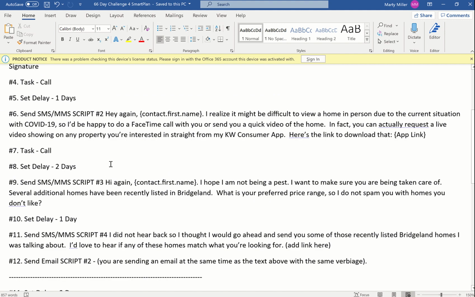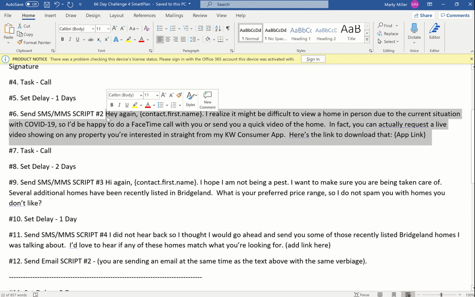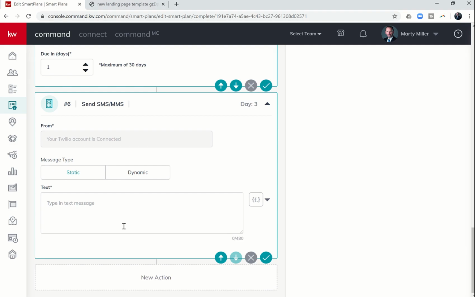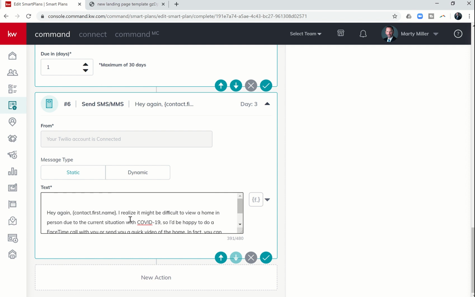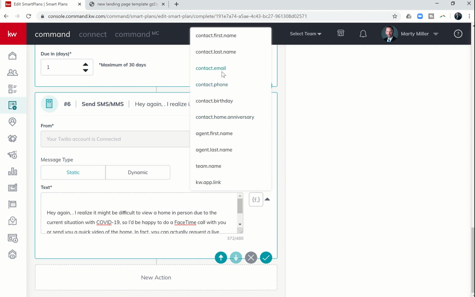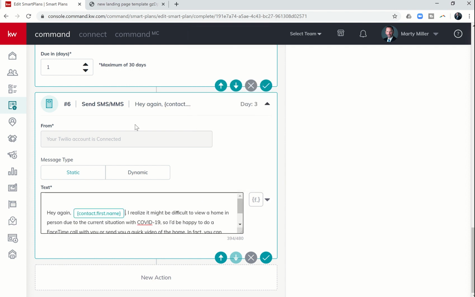Let's click on that, and let's scroll back down to what that one is. And this one talks about our app and COVID. So let's go ahead and get that one copied in and pasted back into the text message. And again, anytime you see these merge fields, you do need to delete them out and then actually add them with the merge field. You're just copying in characters. You're not actually copying in the merge field. So remove the space,